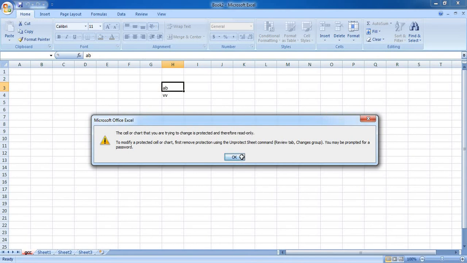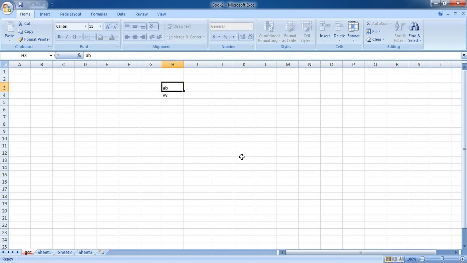So it cannot be deleted, it cannot be manipulated, it cannot be edited, it cannot be changed unless you provide a password. This is the option called Protect Worksheet, wherein you can protect your data from unauthorized users. You can protect your data in case you want your users only to check or view what data you have added and you don't want them to manipulate or edit your data.